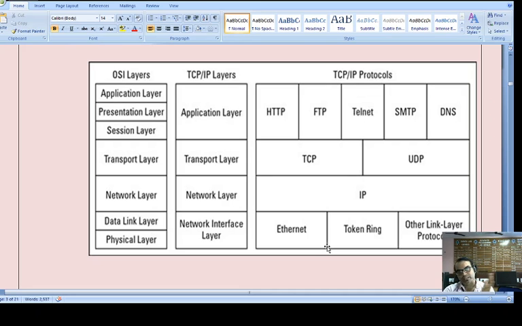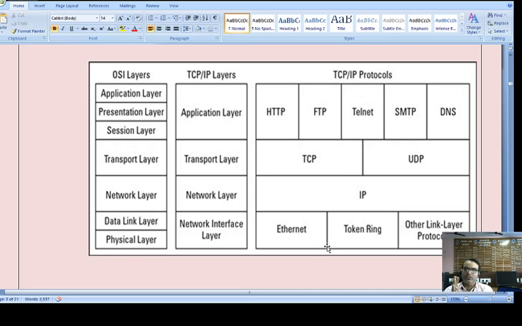This converts to the network interface layer, network layer, transport layer and application layer. The network interface layer has the hardware content, like Ethernet, token ring, and other link layer protocols like point-to-point protocol. Then after that we have IP. In the transport layer we have TCP and UDP. In the application layer we have HTTP, FTP, Telnet, SMTP, DNS.